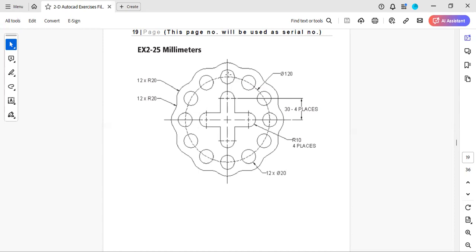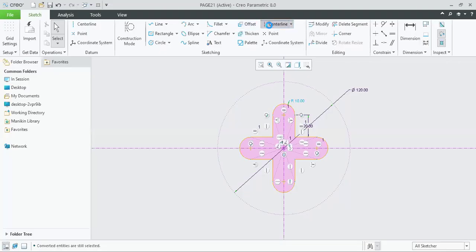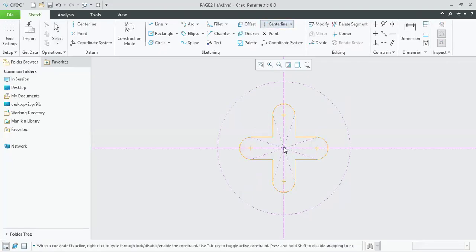We can simply draw them individually, and then we will be creating 2 construction center lines, angularly spaced, divided by 360 divided by 12. So this comes out to be 30 degrees. So I will be clicking on